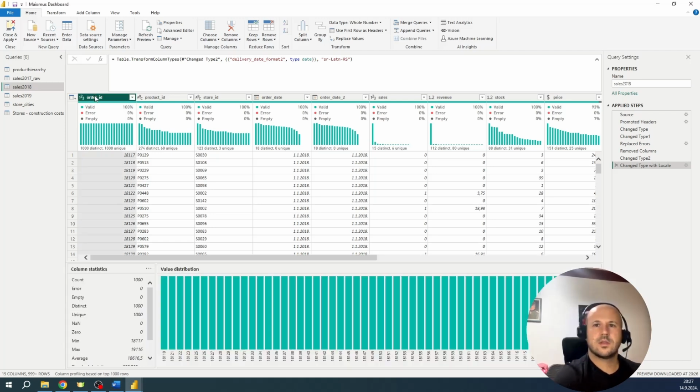Let's check order ID. As I mentioned before, ID columns must have all unique values. They must not have blank values, and all values should be unique. We shouldn't have blank values nor duplicate values. So, okay, Power Query has one really